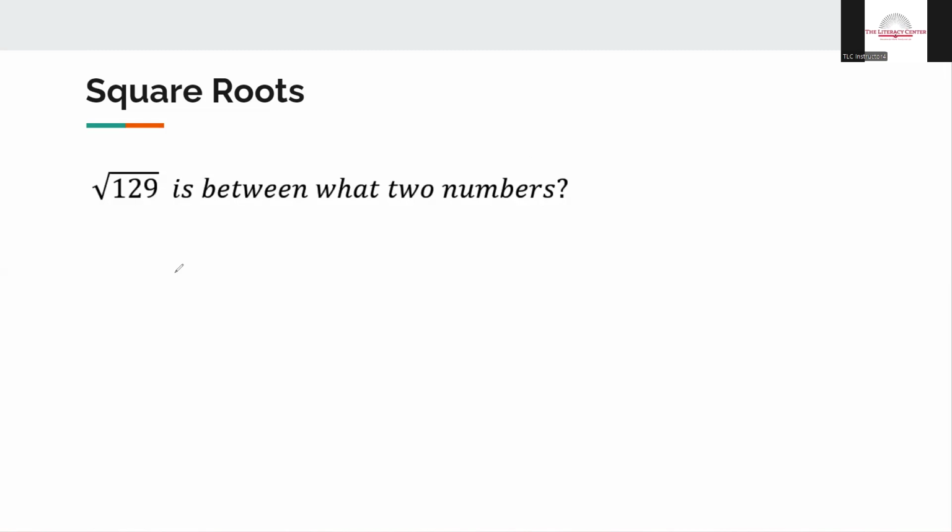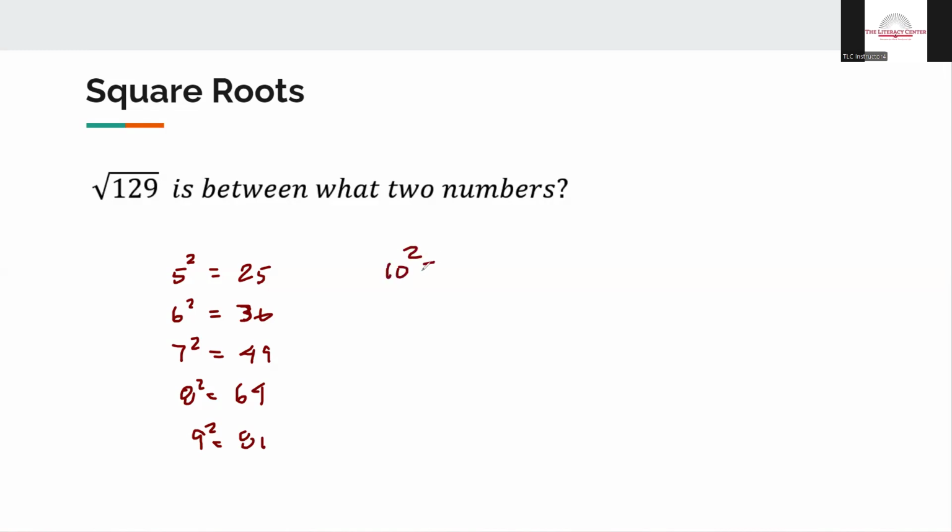I'm going to start at 5. 5 squared is 25. 6 squared is 36. That's a better 36. 7 squared is 49. 8 squared, we might have started out a little too low, 64. 9 squared is 81. We're starting to get closer to that 129. 10 squared is 100. 11 squared is 121. And 12 squared is